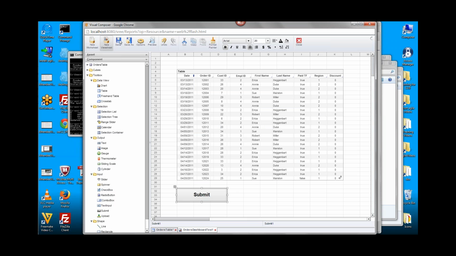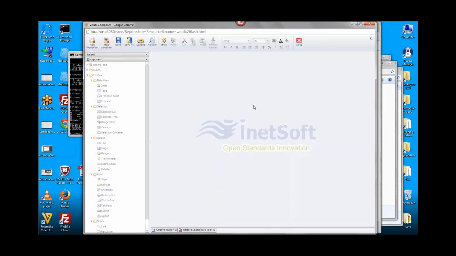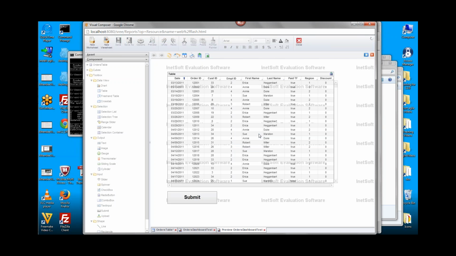So if we go ahead and save this and preview it, then the only difference we should notice when we run it this time is that it will clear the formatting after I press the submit button and dismiss the dialog box. I should see that highlighting disappear, right? So press submit, there's the dialog box, and you can see that the formatting is gone.